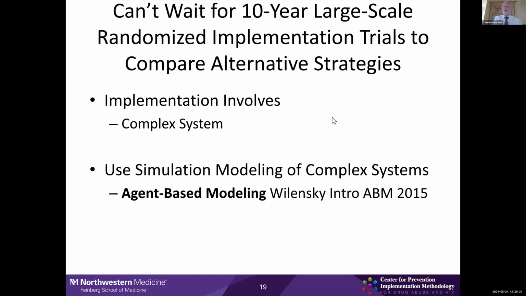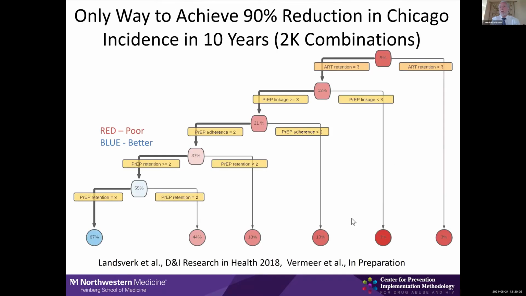So implementation involves a complex system. It's useful in here, and we've been working on this one, of using simulation modeling of complex systems, particularly agent-based modeling with our colleague Uri Walensky here at Northwestern to do this. Here's an example that comes from work that is still unpublished yet, but the basic ideas in here are in this reference from Landsberg. We looked at over 2,000 combinations of how you could be delivering PrEP and ART medications for preventing HIV transmission and for treating those who were already infected with HIV,